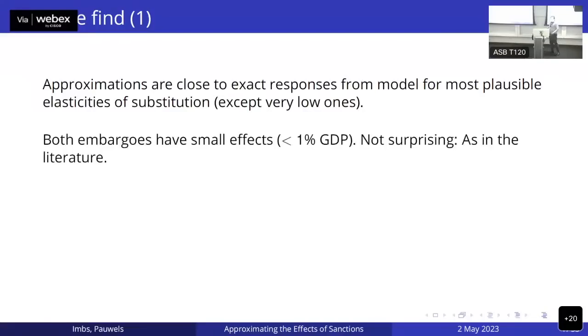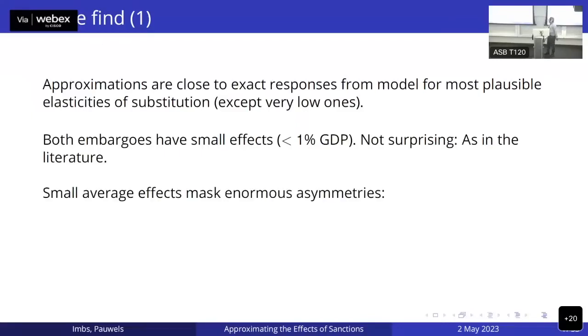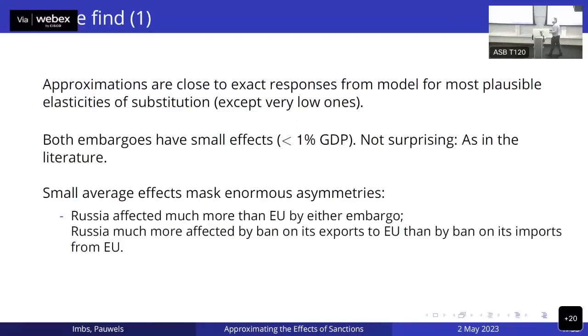And also, we rejoin the literature in showing that actually the impact of trade sanctions are usually quite small. Okay, so that's what this recent literature has found, especially in the case of Russia and Ukraine war, that the embargo had actually small effects overall. So that's not really surprising. We do find that there are strong asymmetries, and so some of it is not surprising, some of it is probably a bit newer. First of all, we find that Russia is much more affected than the EU. Again, this is not really a big surprise,